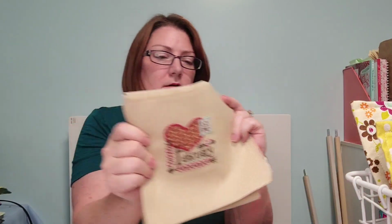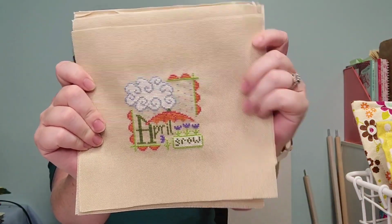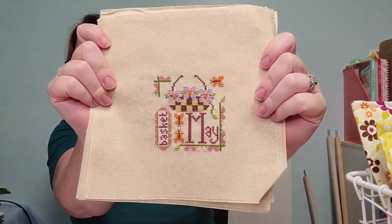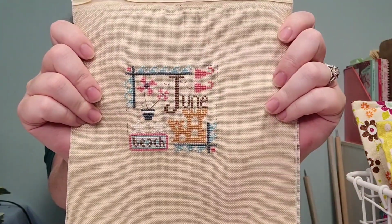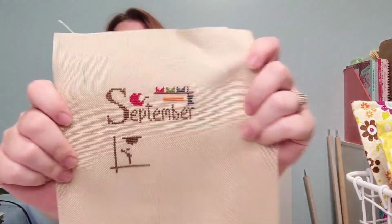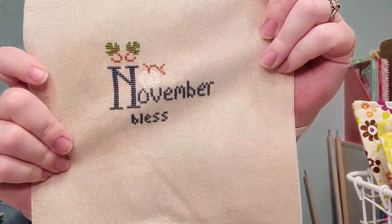So we have January, February, there's March. And this is on a 32 count Lamb's Wool Jobelin. There's April. There's May. There's June, July, and August. So what I have left is September, October, November,